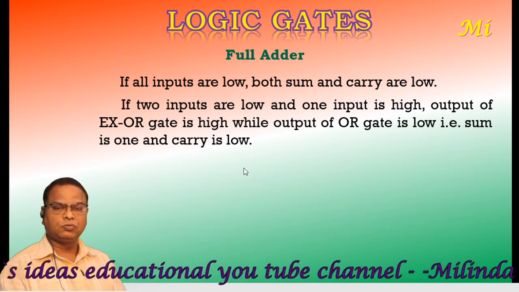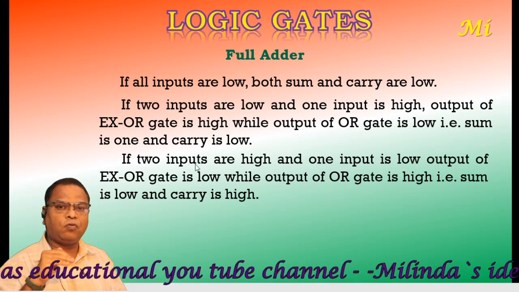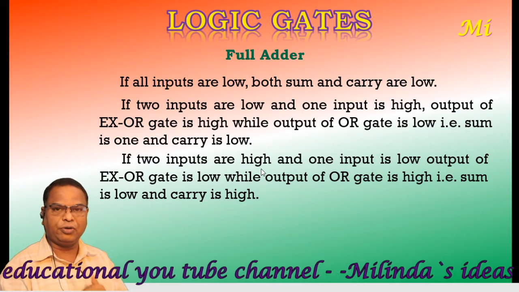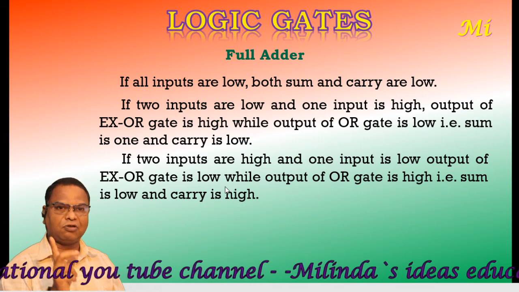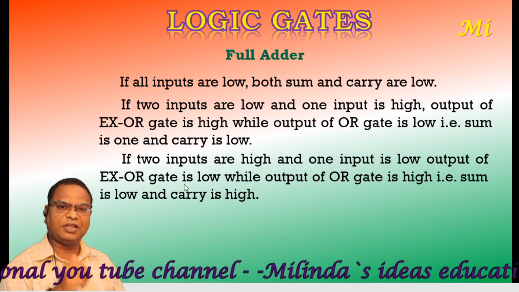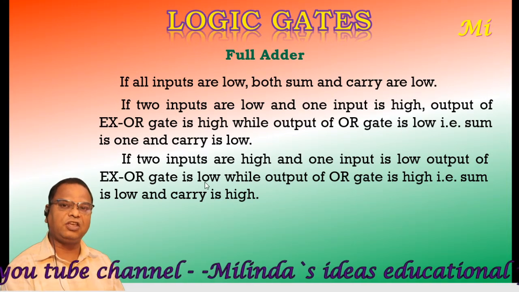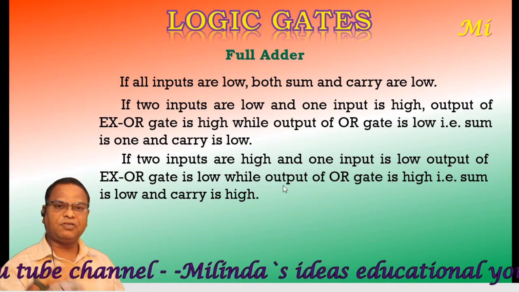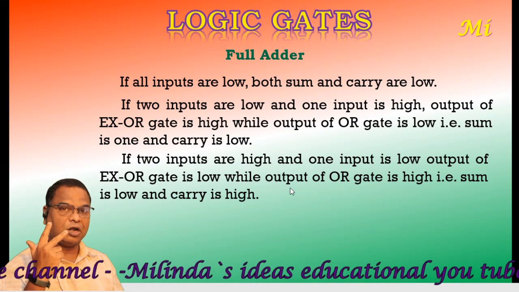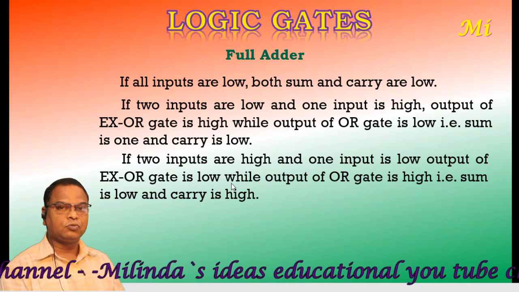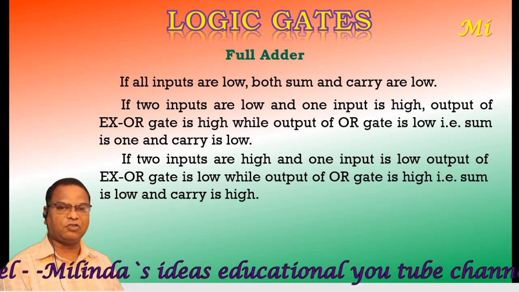remains low. Next, when any two inputs are high, output of XOR gate, that is the sum, goes to low level. दोन इनपुट हाय झाले आपले, समजा आपण दोन्ही इनपुट एकत्र अप्लाय केले 1 1, A XOR B XOR C. So 1 XOR 1 that is 0, 0 XOR 0 that is 0. So output of XOR gate is 0, it goes to low level, that means sum goes to low level. What about the carry? Now as the two inputs are high, one of the AND gates has both the inputs connected to the high logics.